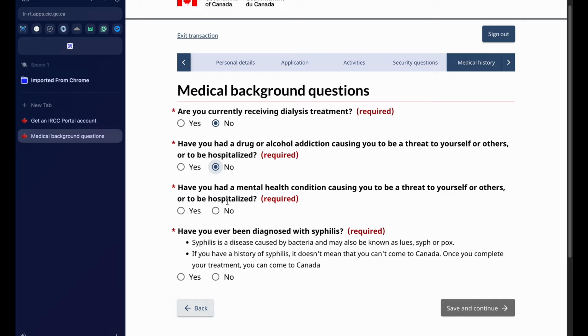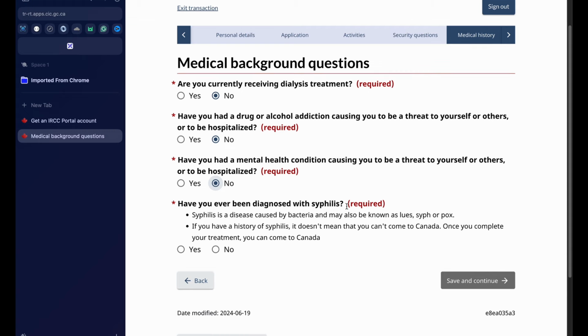If you have a drug or alcohol addiction that is causing you to be a threat to yourself or others, or to be hospitalized, it can lead to dangerous behavior, and it's crucial to disclose this here. Have you had a mental health condition causing you to be a threat to yourself or others, or to be hospitalized? This question focuses on mental health issues that have required serious medical attention or caused harm to yourself or